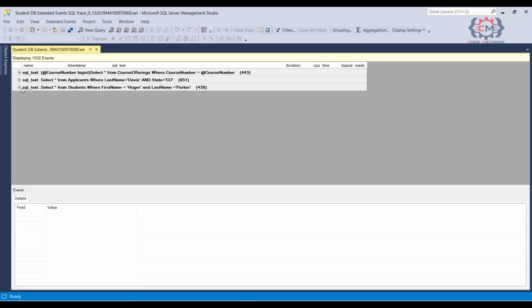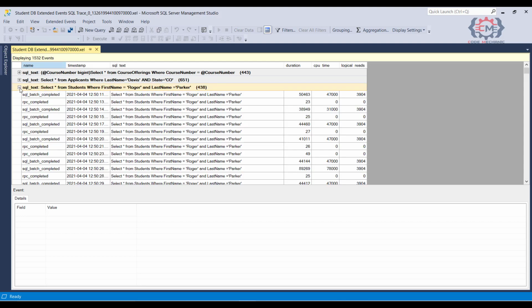And this basically tells us how many times a SQL statement or a stored procedure executed while we were running our trace. If we want to see the individual statements, we just click on the little plus sign and then we see the individual statements under that grouping. We can even sort these statements within the group by double clicking the column headers.